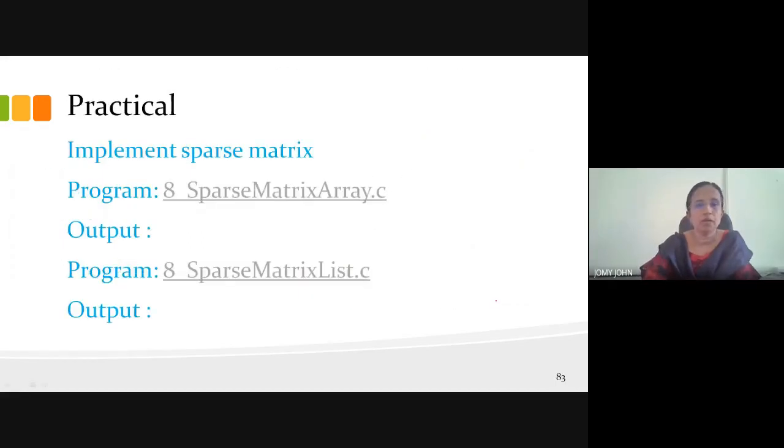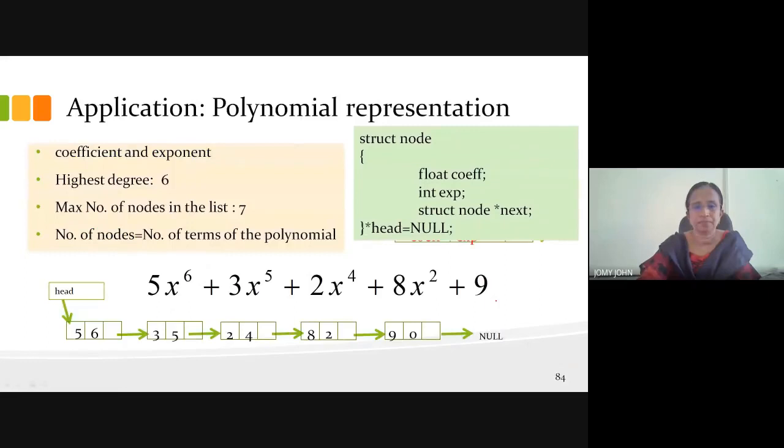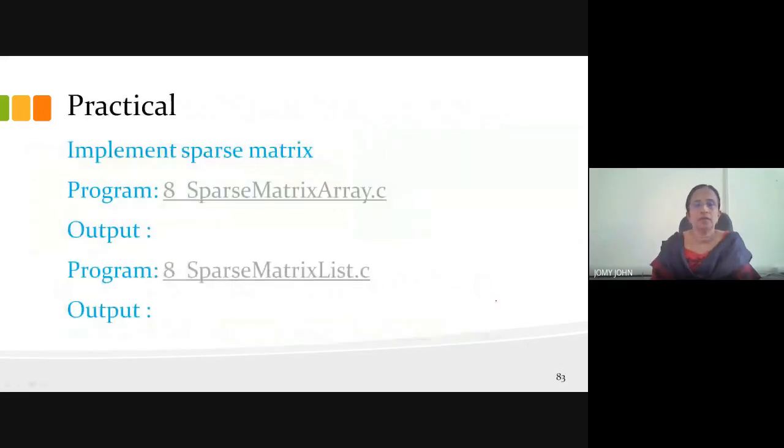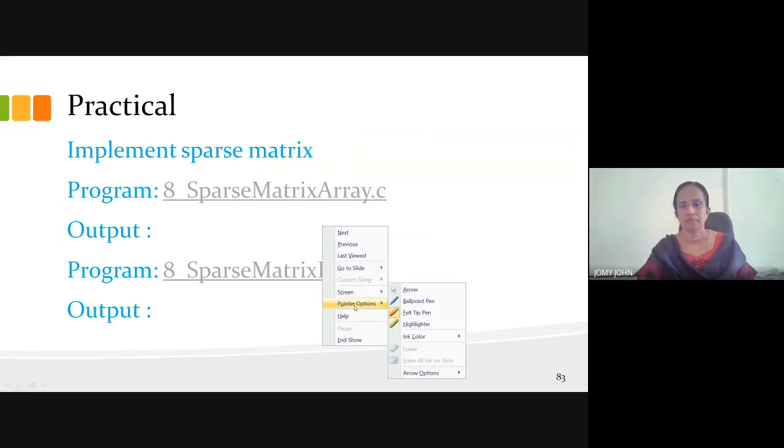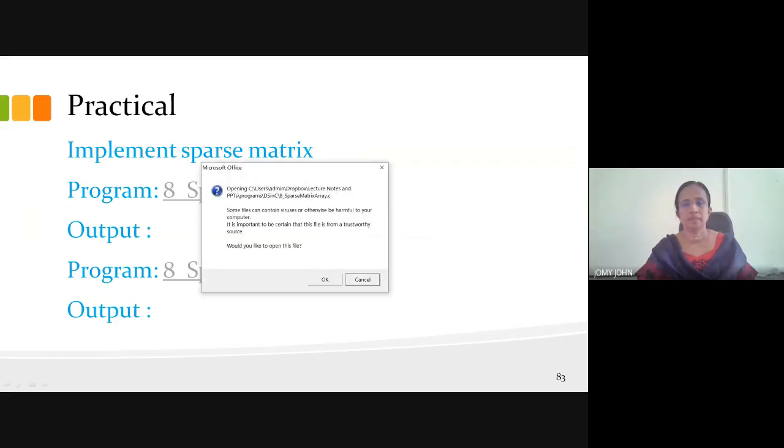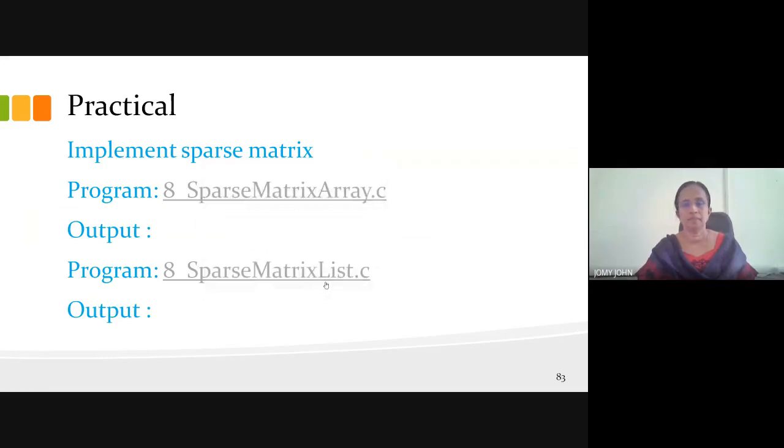Now learn how to implement sparse matrices. First is sparse matrix using arrays. Let me check whether this is visible to you.